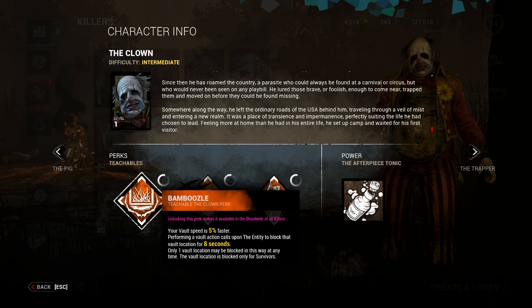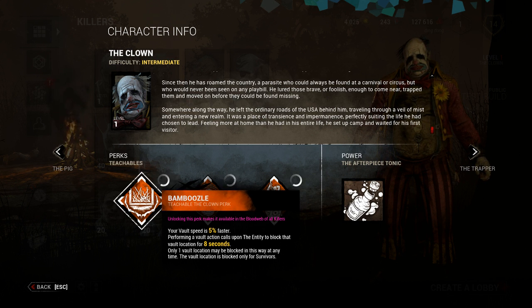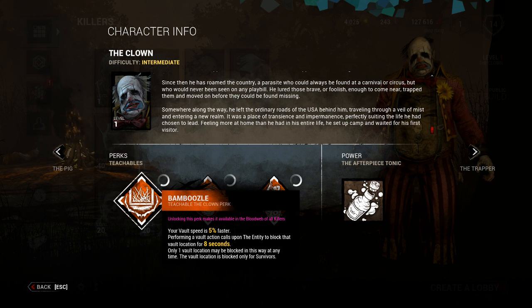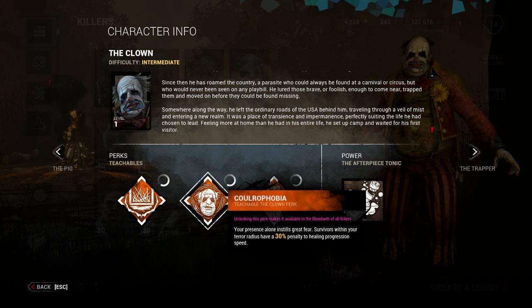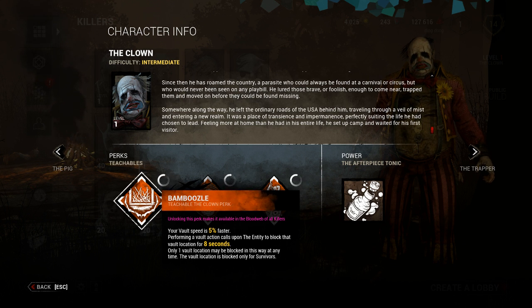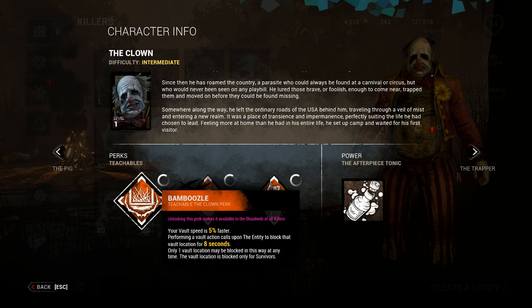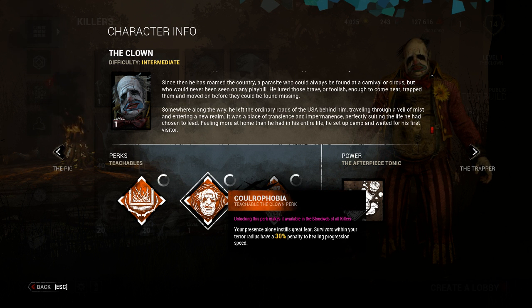Bamboozle is pretty good. Can you imagine Bamboozle on Myers? That is really good. Bamboozle is a really, really good perk. That's gonna stop the shack loops and the barn loops. That's gonna be like a big deal. So that—